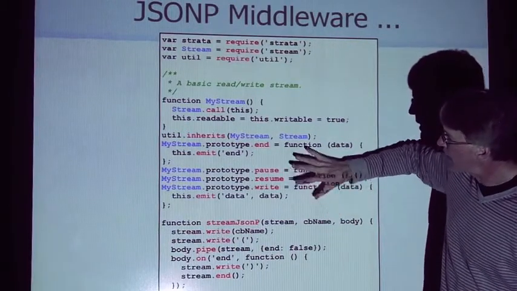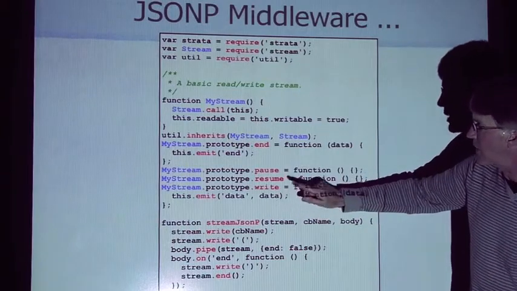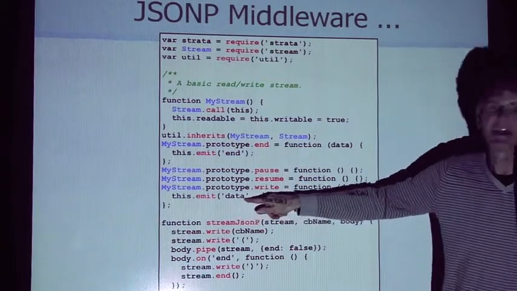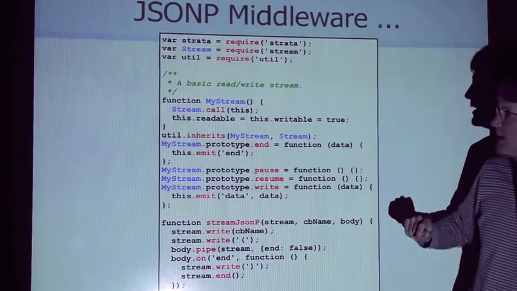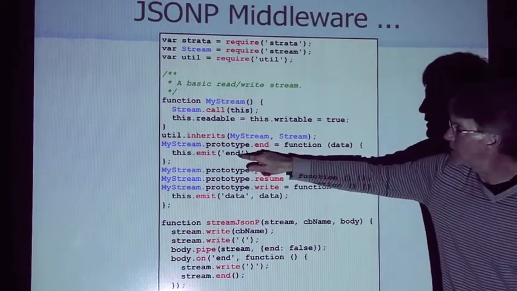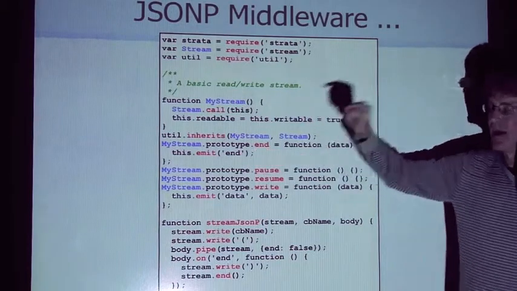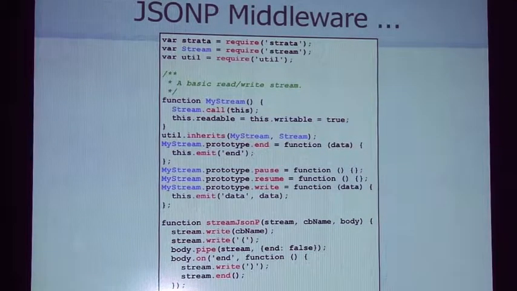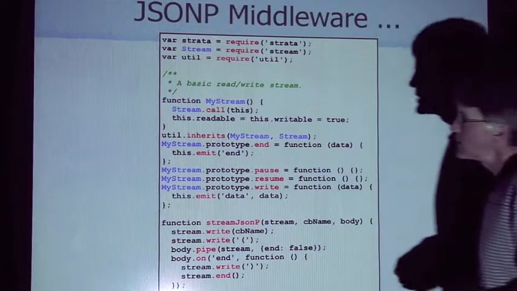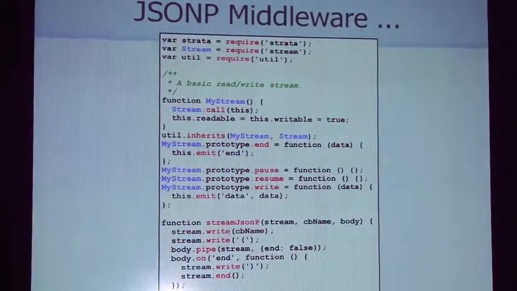And the other thing is that if I get a call to my write method, I'm just going to emit a data event with whatever data was passed in. And if I get a call to my end, I'm just going to emit an end event. So there's a lot to look at to really come to grips with streams in Node.js, but this is just a very basic example of a simple stream. And the reason that I need this is I need to hook together a bunch of things to do this JSONP. So if I want to send back, say, a simple JavaScript object that has a key and a value,